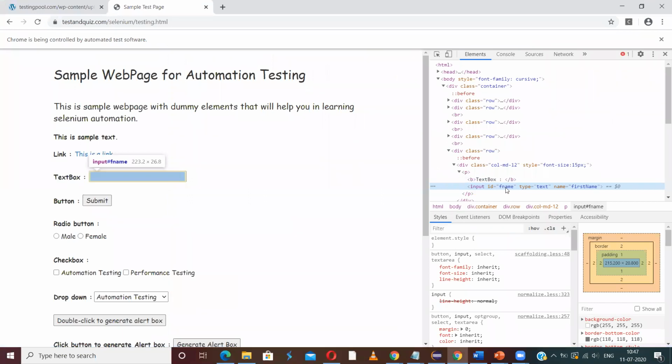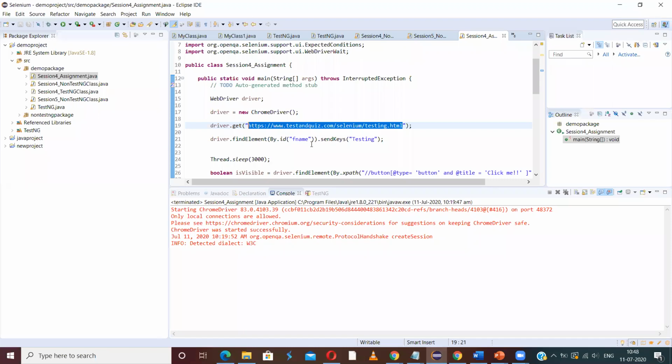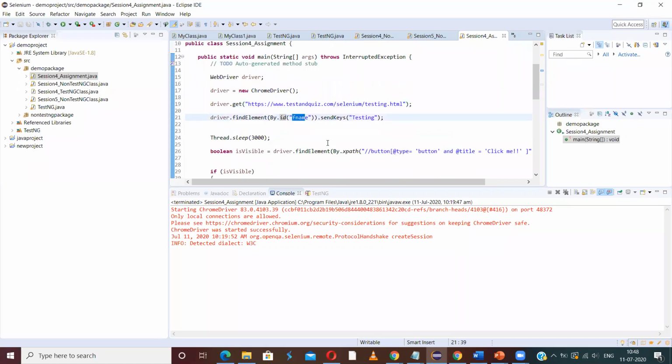So we are using that ID property; the property is ID and the value of that property is fname. Using this, we are identifying the element and sending keys. So that is one exercise in the assignment.